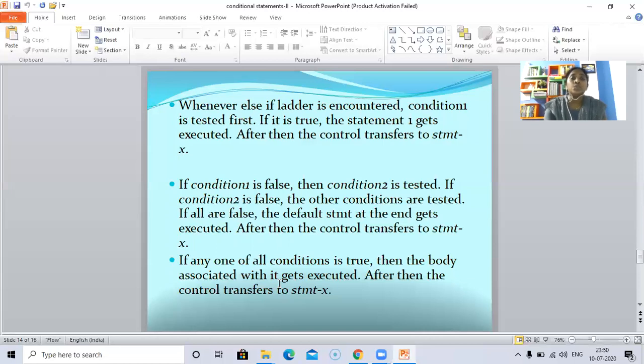If condition 2 is false, the other conditions are tested. If all are false, the default statement at the end gets executed. After then, the control transfers to statement X. If any one of all conditions is true, then the body associated with it gets executed. After then, the control transfers to statement X.